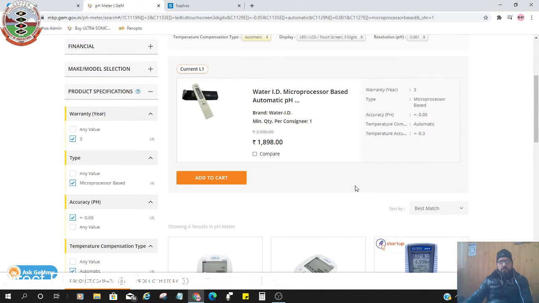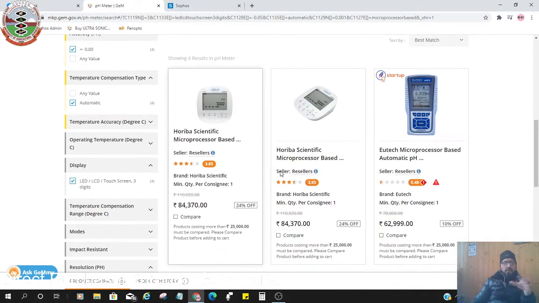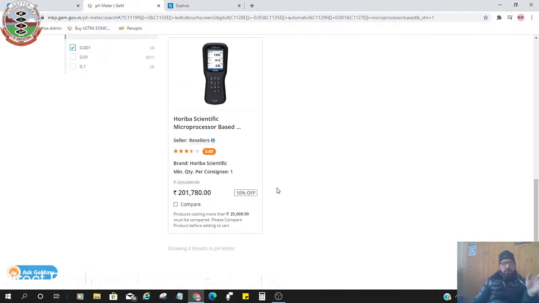If the cost of the product is below 25,000, you don't need to compare it with three OEMs. Otherwise, if the cost of the product is above 25,000 rupees, you have to compare it with three OEMs, three different brands, I mean to say. If the cost is below 25,000, you can randomly select a product as per your requirements.